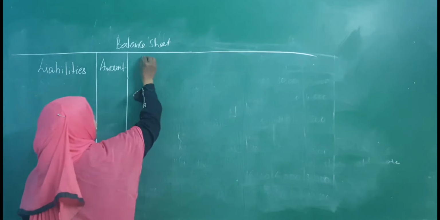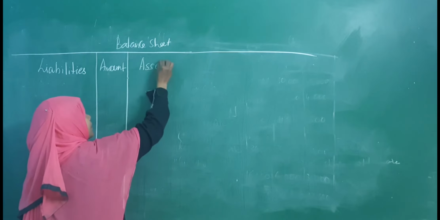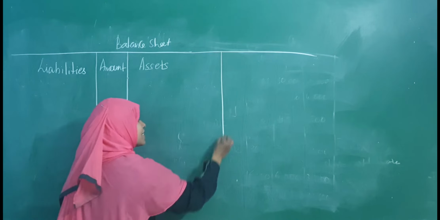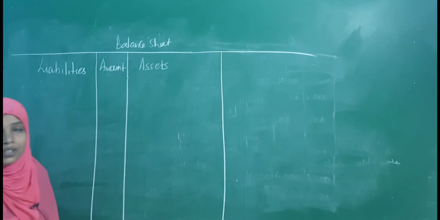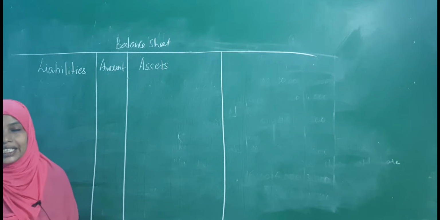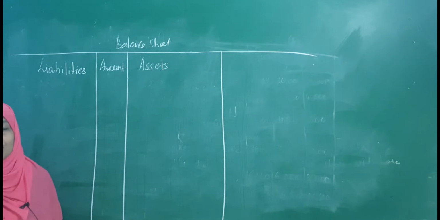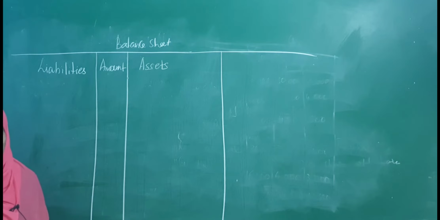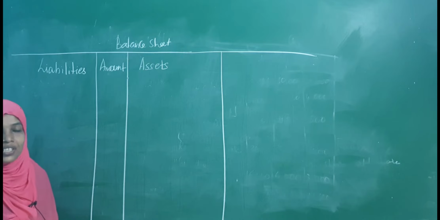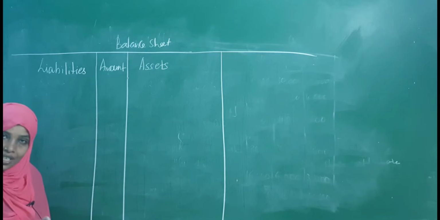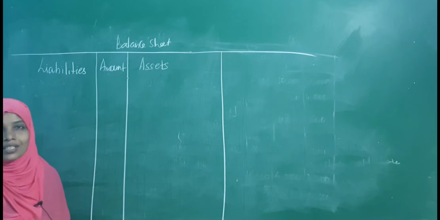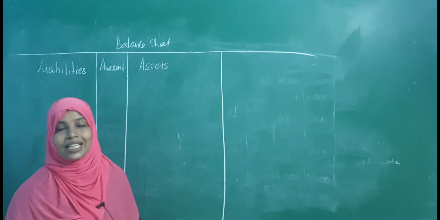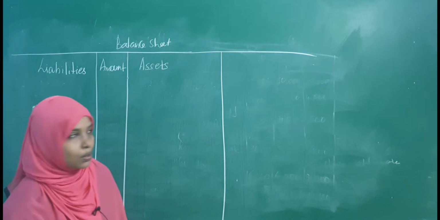Fine. Assets. Which are the assets? Commonly we have plant and machinery, land and building, furniture, fixture, stock, cash in hand, cash at bank, goodwill, all these are assets. Assets again are classified into tangible and intangible. Tangible assets, whatever I spoke to you. Intangible is nothing but the assets which you cannot see. Example, goodwill, patents, copyrights, all those. Fine.